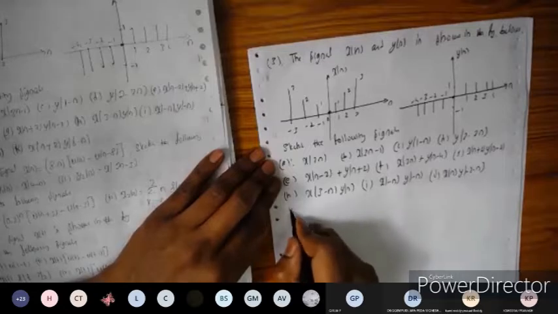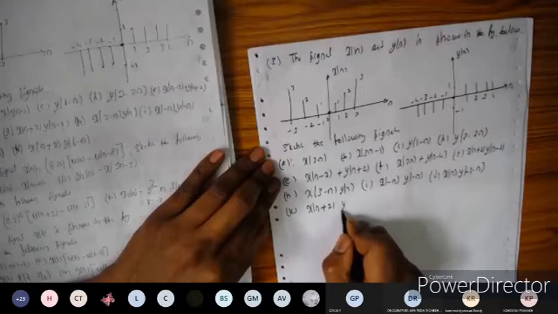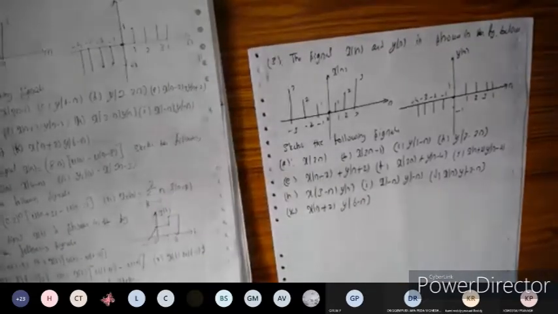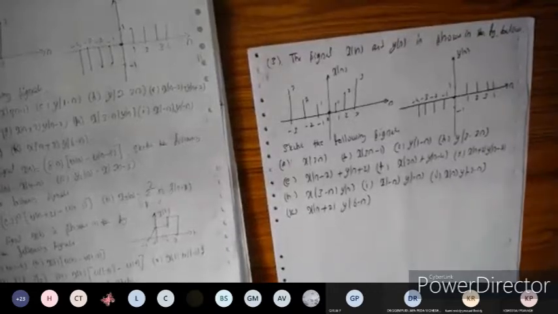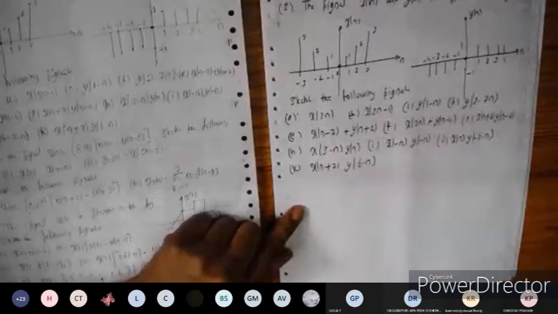Okay, so x of n plus 2 into y of 6 minus n here. Okay, done. So these are the problems I have taken. I have some 10 problems, and each problem has some 10 variations, so totally some 100 problems are there. 100 different types of waveforms you can plot here. Okay, so taken right, x of 2n and x of 3n and minus all those things.